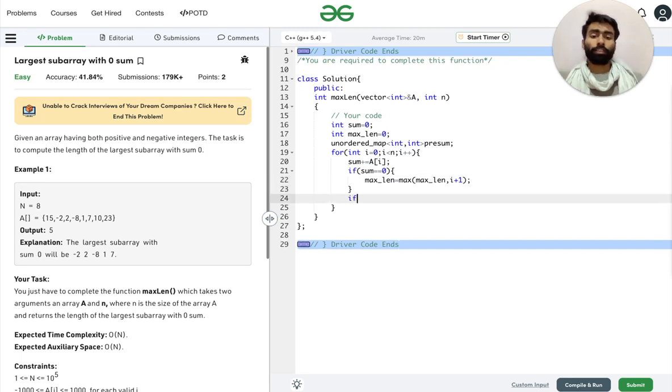And we will check the condition now. If pre-sum dot find, that is we are looking for the sum in the map.